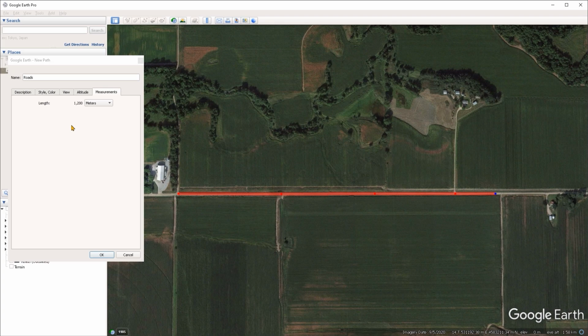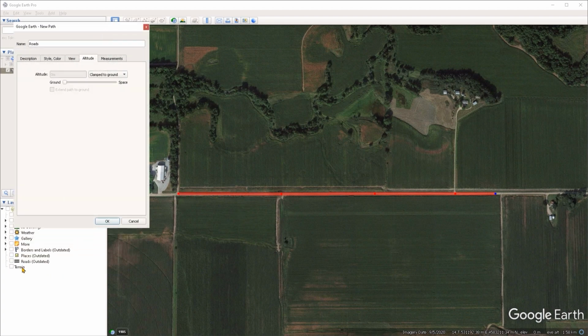You can also embed paths with an elevation value. If we go under the altitude tab, we will see here an altitude field. At the moment, this is grayed out because the mode is set to clamp to the ground, meaning that our path is going to stick to the terrain regardless of whether the 3D terrain in Google Earth is turned on or off. At the moment it is off, but if I set this to, let's say, relative to ground,